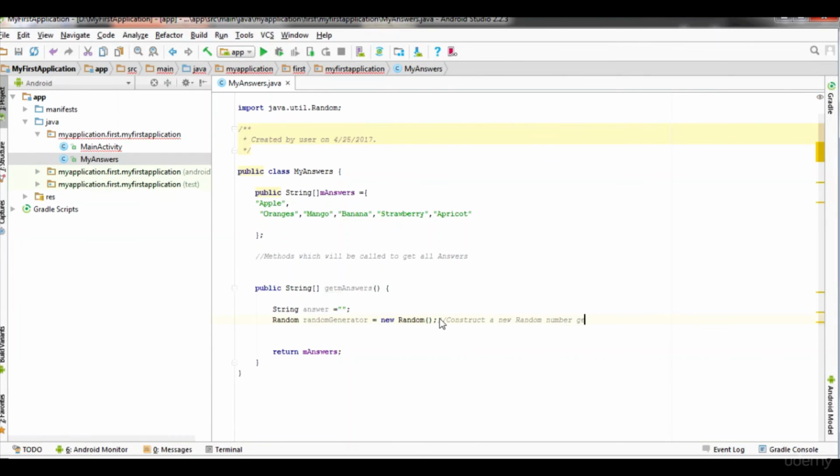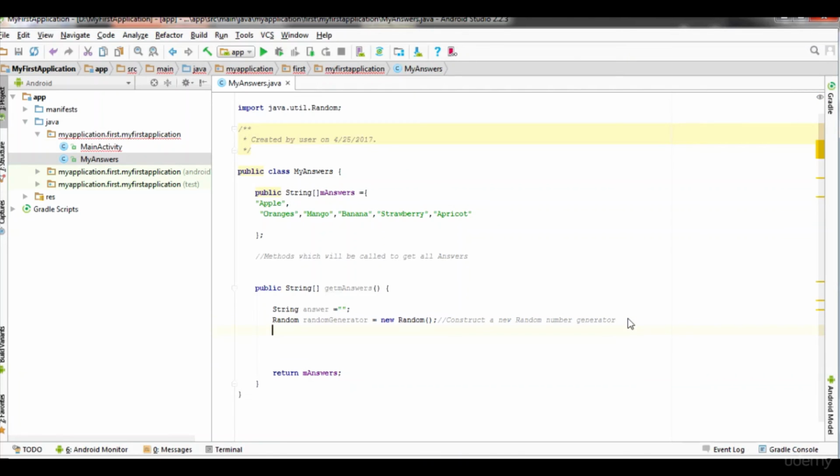In the next line of code, once we have constructed the new random generator, we'll generate random answers from the answers array and store it in an integer variable, the random number. So next we have to define an integer variable, int.